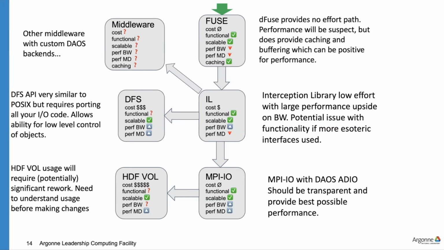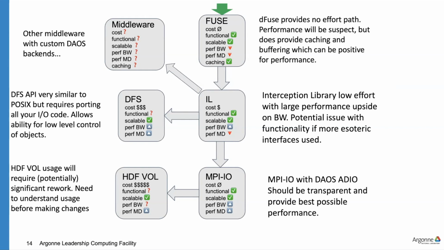The next step would be to go and try the intercept library. You still launch your job in the exact same way that you did with Fuse, but now you just add setting the LD preload statement, and then it will use the bypass for all of the bulk IO operations. This should give you a win with getting more efficiency out of each node, so you get significantly more bandwidth from each single node. But there's no change in the metadata performance because all metadata still goes through Fuse today. Perhaps in a year from now, there is a prototype intercept library that intercepts open, close, and the getattrs and all those things, but that's still at the prototype stage.